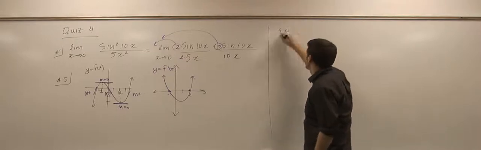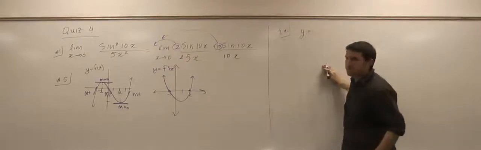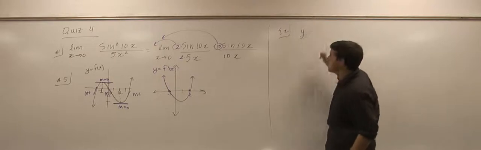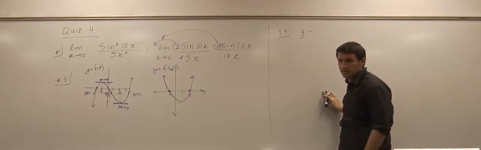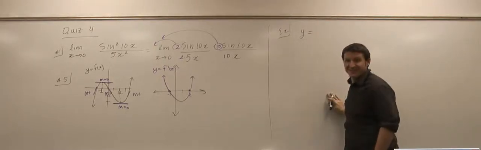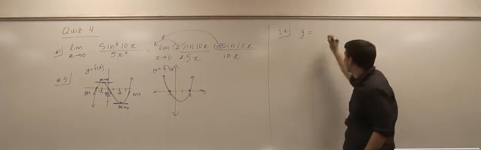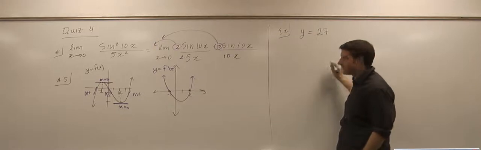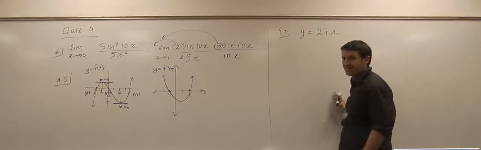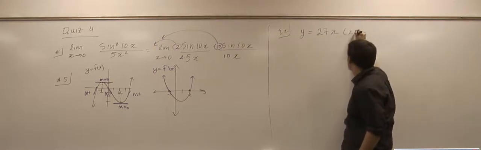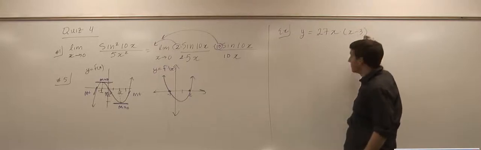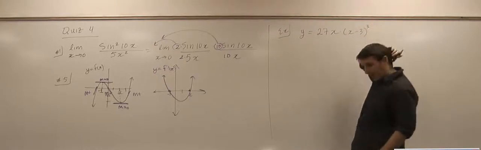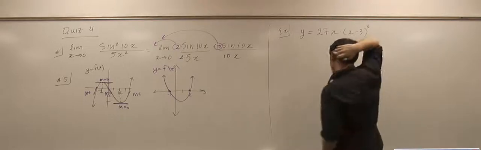So just an example then. Y equals 27x times x minus 3, all cubed. Like this? Yeah. I didn't know where to start from. I know it's the chain rule, but